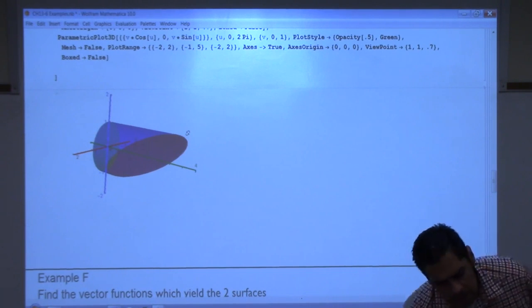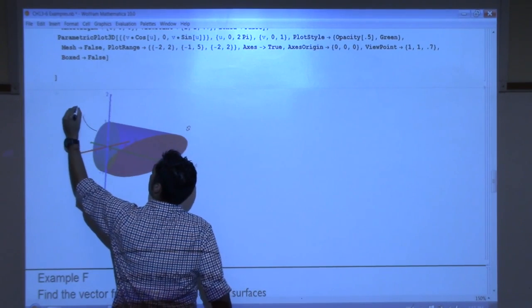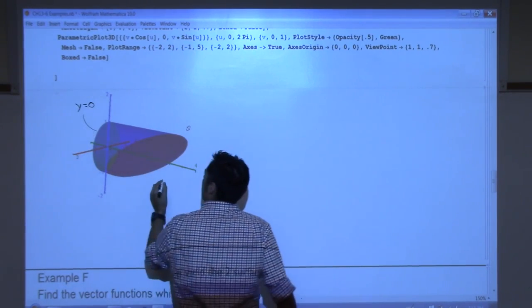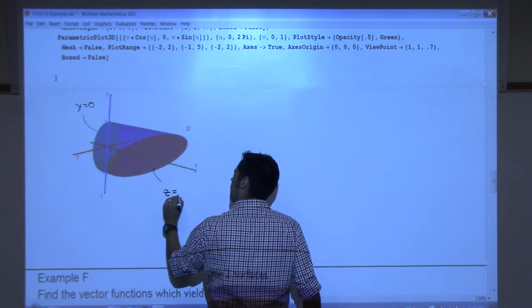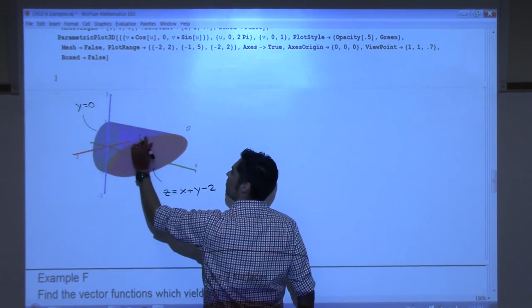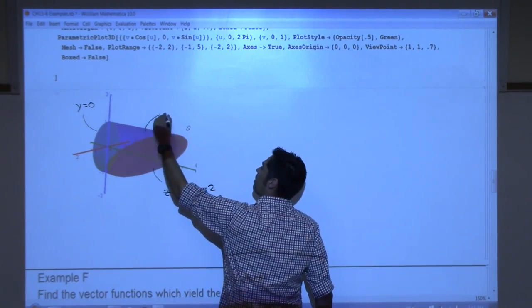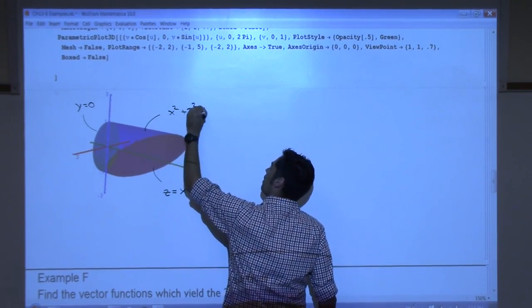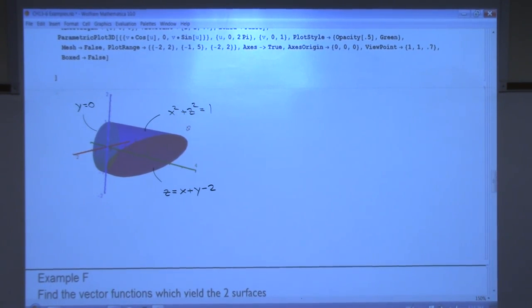So what did I write on yours? Hold on. I put y equals 0 on the back side, like this. Y equals 0. I put, what? Z equals what? And then anything else? And then the cylinder is the same as the one before, right? So if we wanted to, we could label this one x squared plus z squared equals 1, right? Understand? So what we want in this problem is to find the vector function